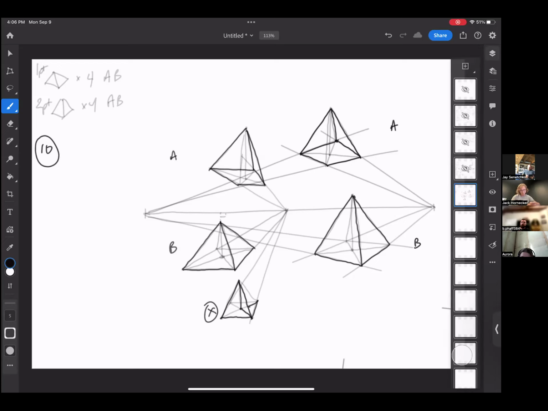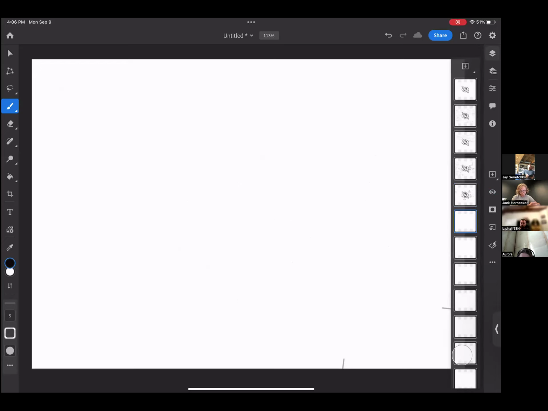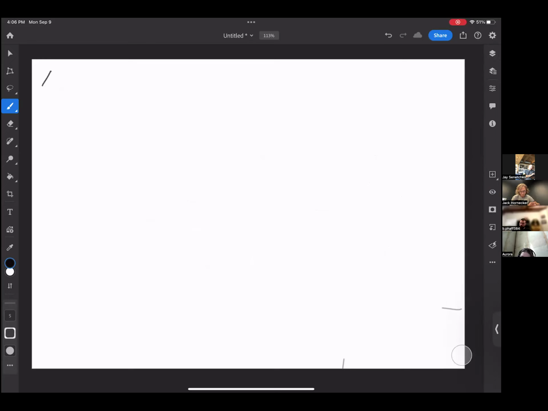Now moving on to our last objects, the peak roof. You're going to have a bunch of these. You're going to have 5 of these things in 1 point, and you're going to have 6 of these things in 2 point. Do the 1 point ones first. Same process, not surprisingly.